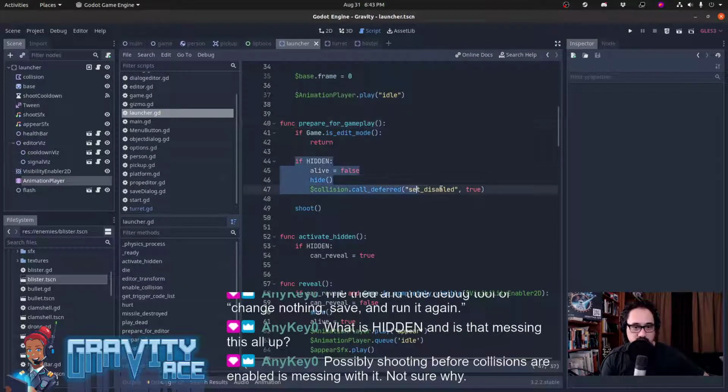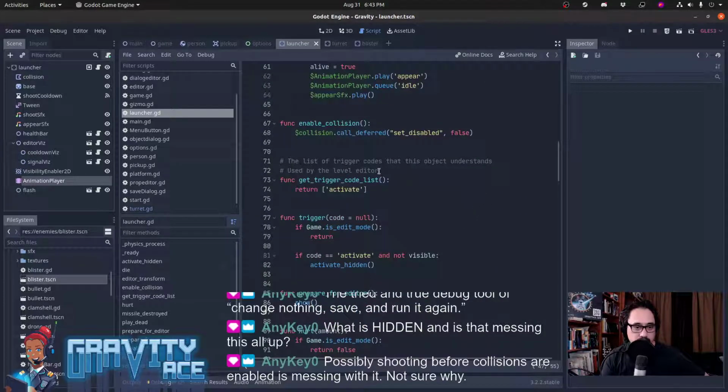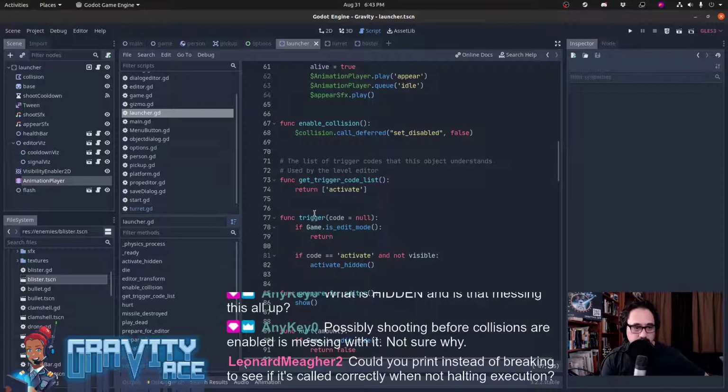That's when it changes disabled to true. It changes alive to false, hides it, and turns off the collision. Then, when you push the button, the game calls this,